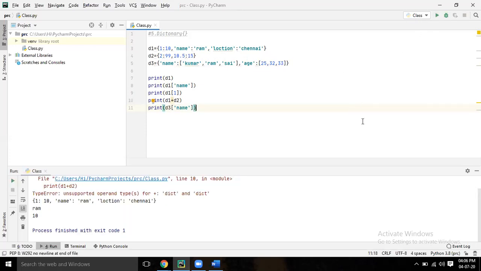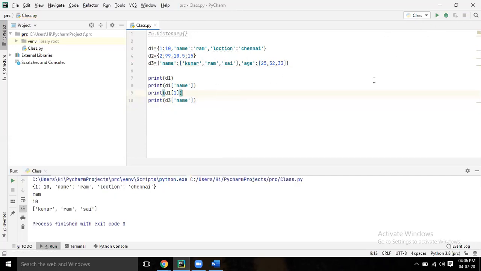You remove that comment, that D1 plus D2 is giving an error, no? So here I have assigned the key as name, and the value you can assign as a list also, a list of values. Under name I have these many names.